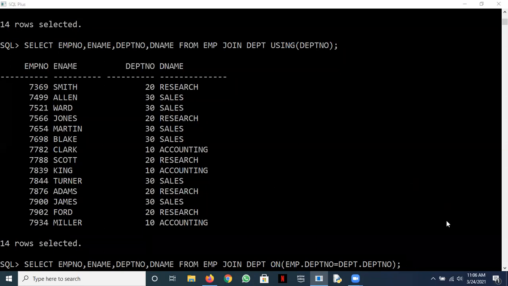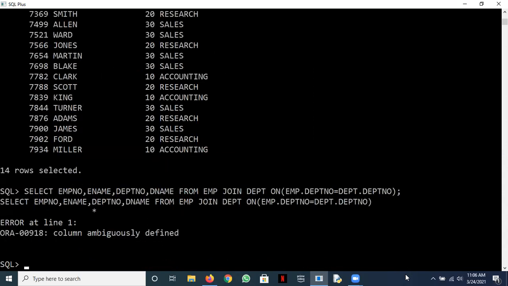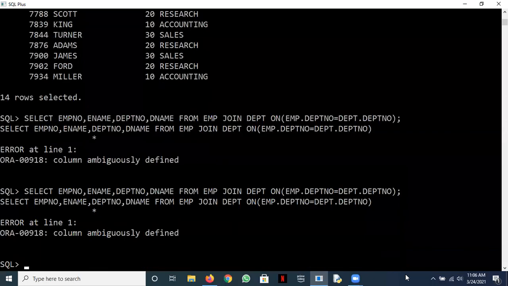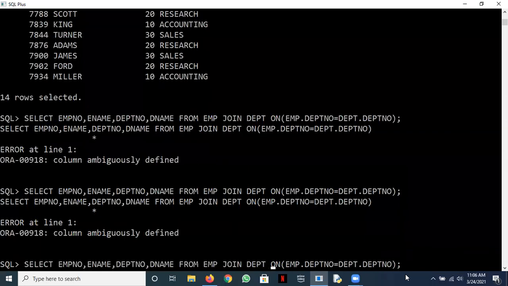Answer now, Bharat. Will it work? No, sir. We have to specify department. So when we are using on, when we are specifying a join condition, then this would become ambiguous. Remember this distinction. When you are using this using, there is no ambiguity. It will pick up on its own. But when you're using this, this is problematic. So you need to make a change here.